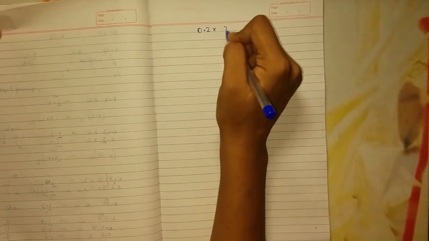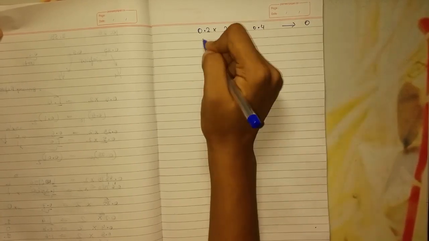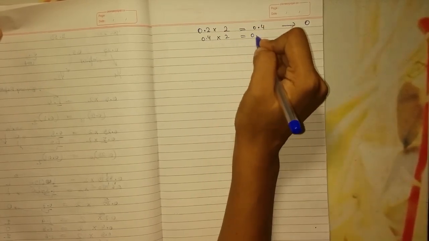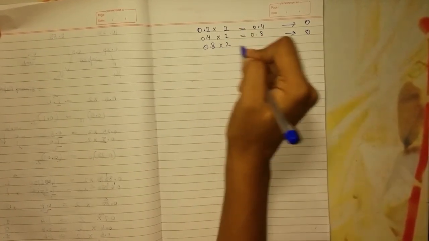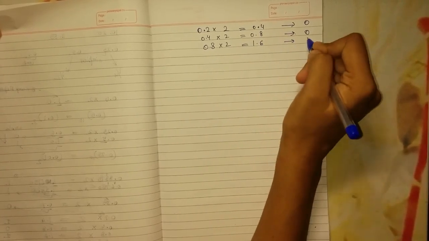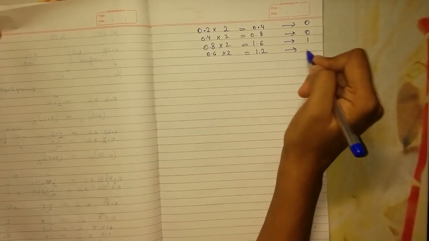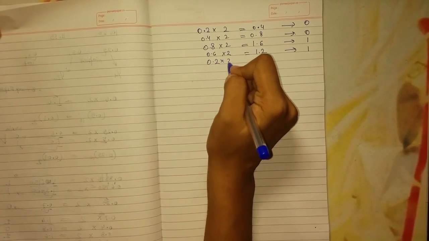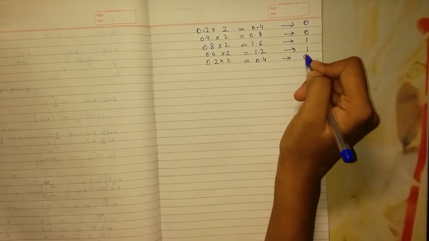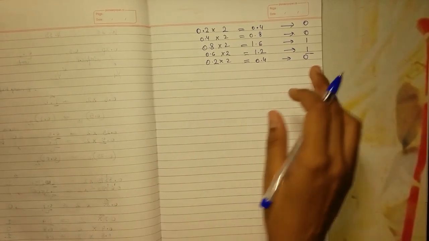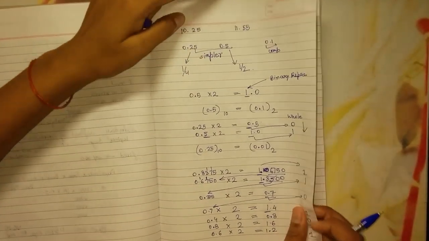0.2 into 2 gives us 0.4 again, and then we get again 0, and 0.4 goes here. 0.4 into 2 will again, the same series will repeat. 0, 0.8 into 2, 1.6. This gives us 1. 0.6 goes here. 0.6 into 2 gives us 1.2. This gives us 1, and 0.2 again. You can see that this series is repeating. So this series 0 0 1 1 is repeating again and again. So we can write it like this: